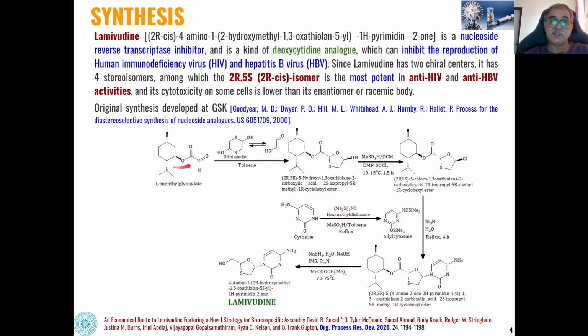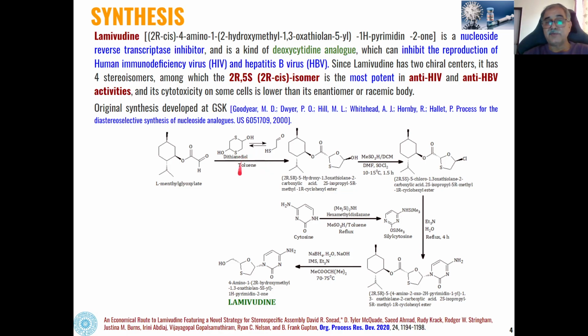They condense with each other to give this ester aldehyde. When this ester aldehyde, L-methyl glyoxylate, reacts with dithienediol, which is a dimer of thioacetaldehyde,